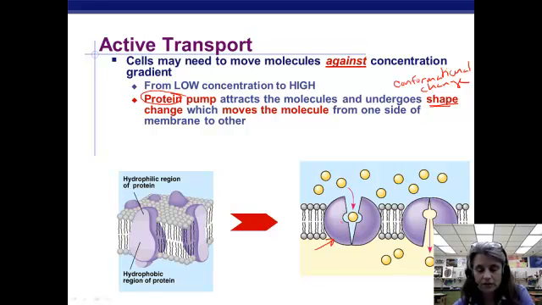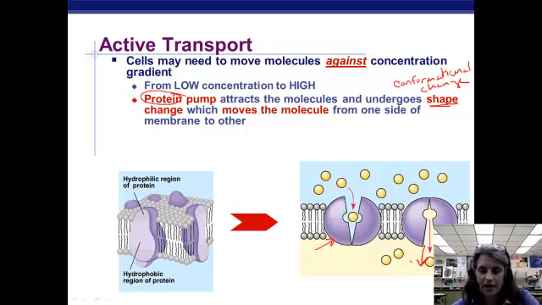When energy is applied to it, it opens up and accepts a molecule, and then it might close up and force that molecule to the other side. And so this opening and closing would be caused by energy being applied to this molecule, and it then could force the substrate of concern